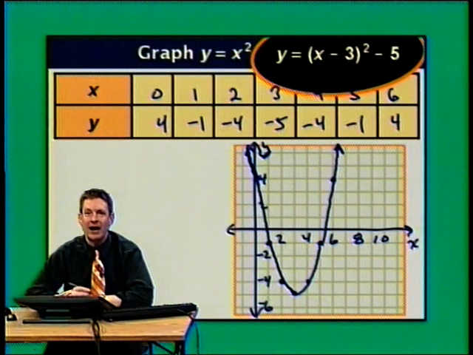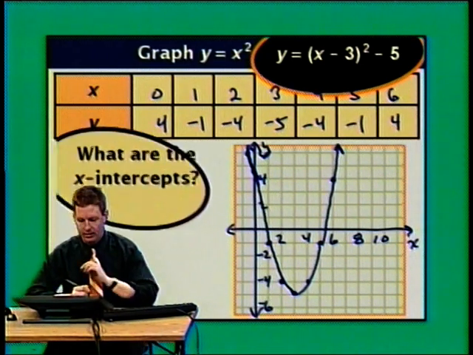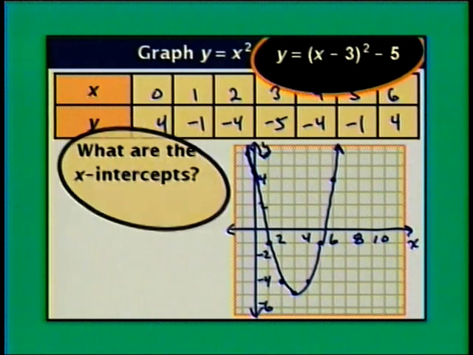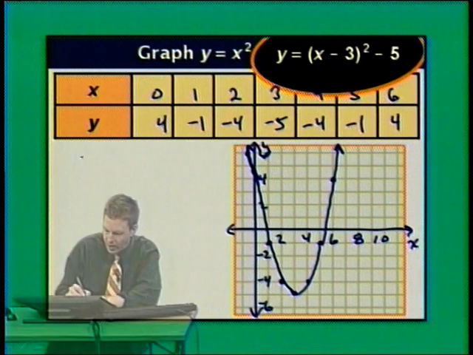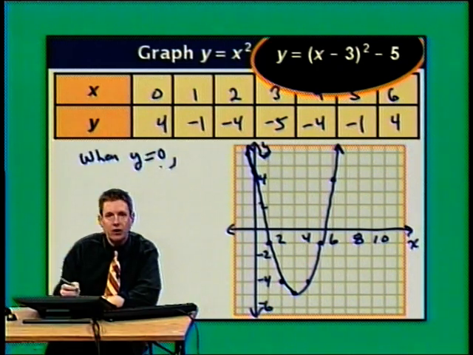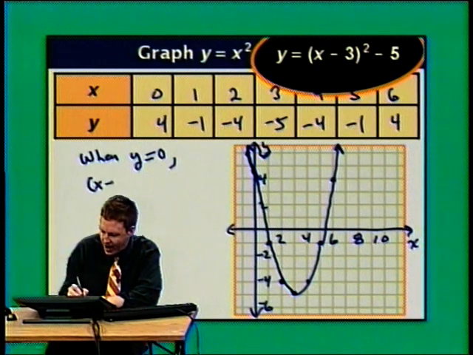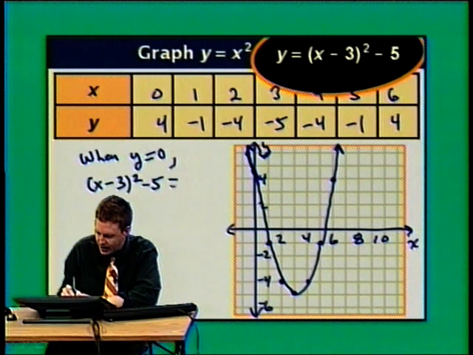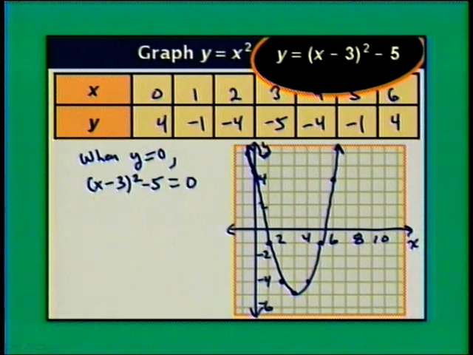You know, something that we might ask ourselves about this parabola is, what are the x-intercepts? Well, the graphing form of the equation actually even makes this question easy to answer, because the x-intercepts are where y equals 0. And when y equals 0, using our graphing form, we have (x - 3)^2 - 5 = 0. So now I can say that (x - 3)^2 = 5, and I can use my